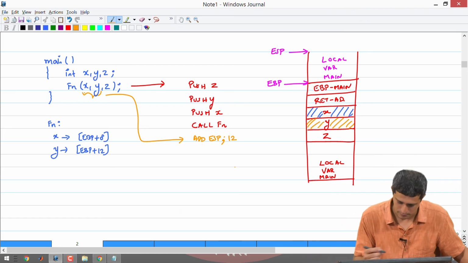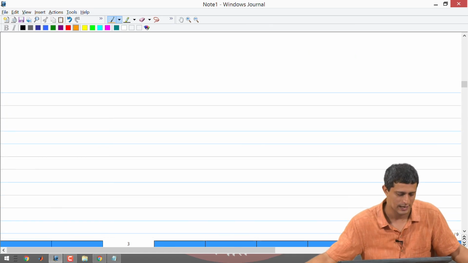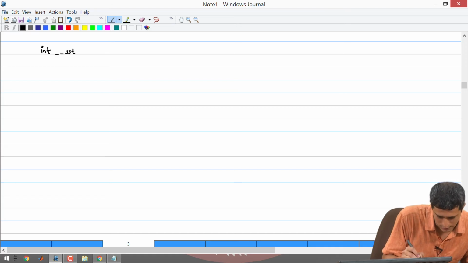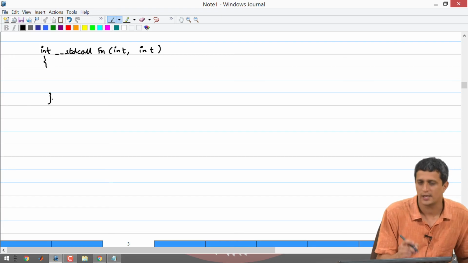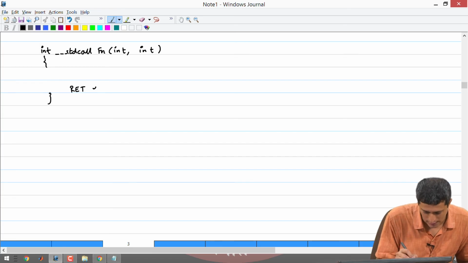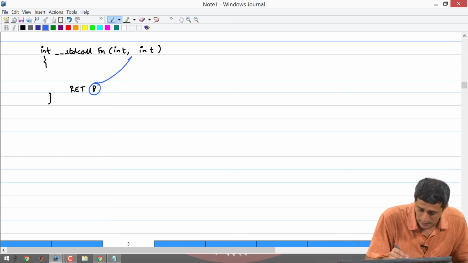So suppose fn was an __stdcall of int comma int, then the function would get translated to assembly and eventually it would finish with RET 8. Why RET 8? This is tied to the fact that there are 2 integers